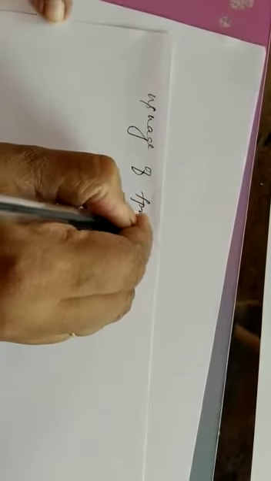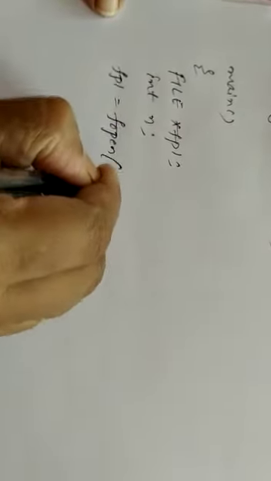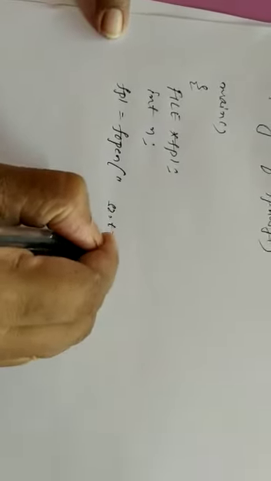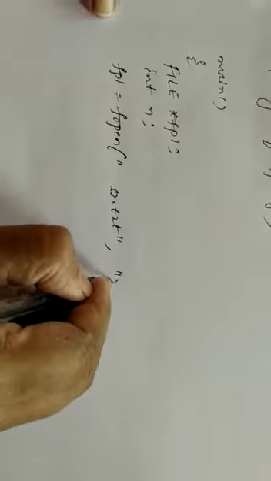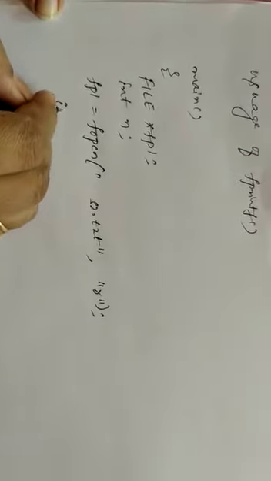We'll see one more program with the usage of fprintf. Include the header file and other things. I'll be creating one file pointer and declaring one number as well. Open this file. I'll be creating s2.txt, and the complete path you need to specify. I'll be opening under read mode and check whether it exists or not.